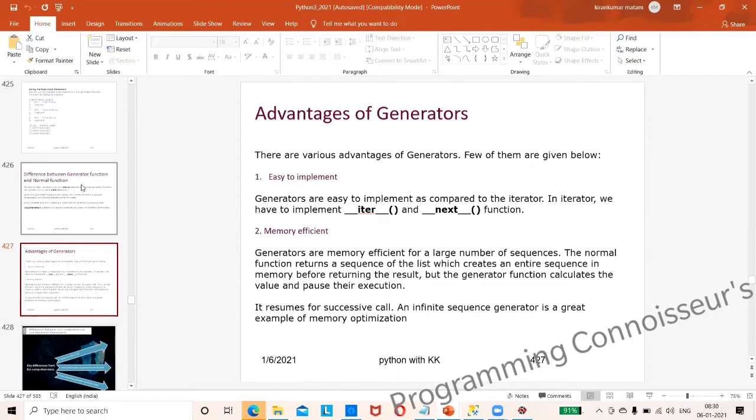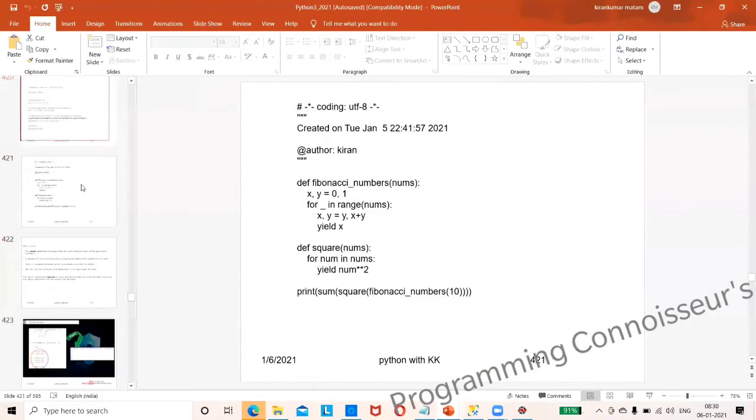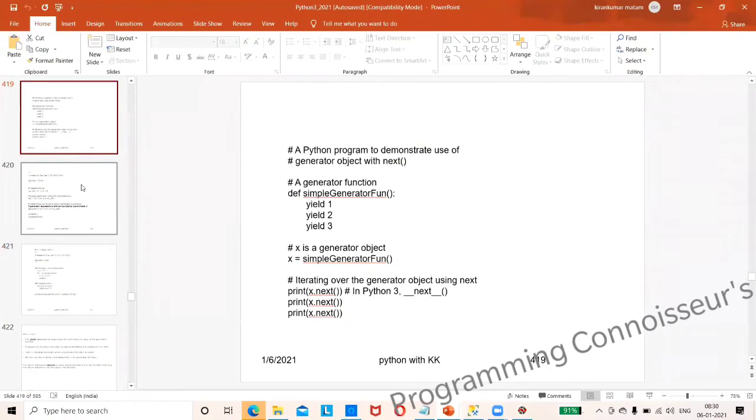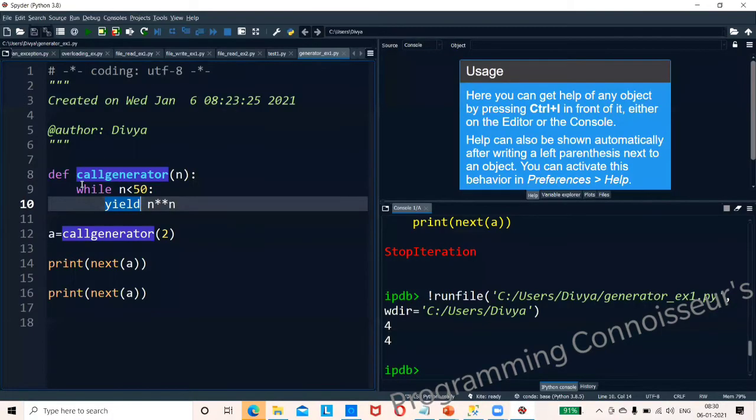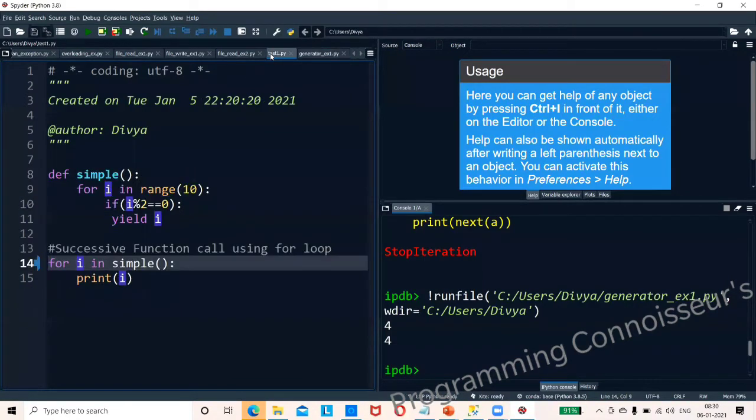Generator resumes on a successive call. Now, normally an infinite sequence generator is a great example of memory optimization. My point here is that we will see multiple yields.